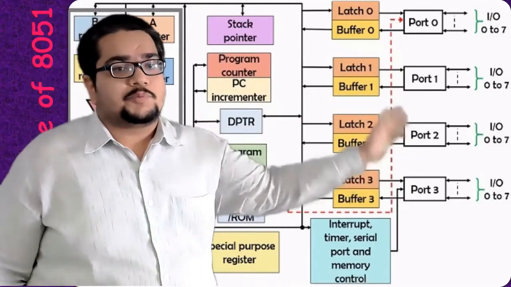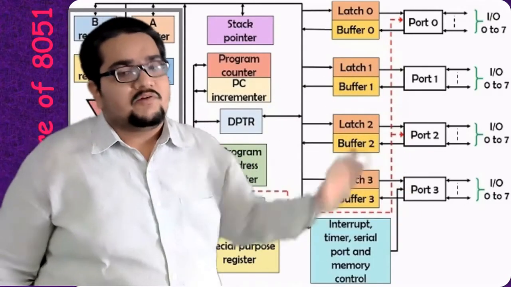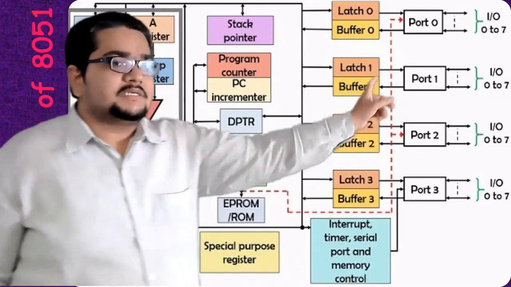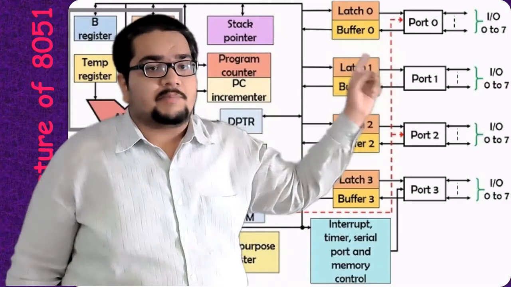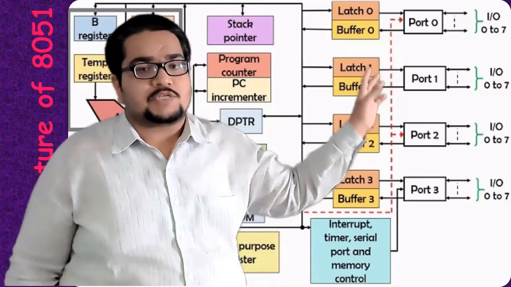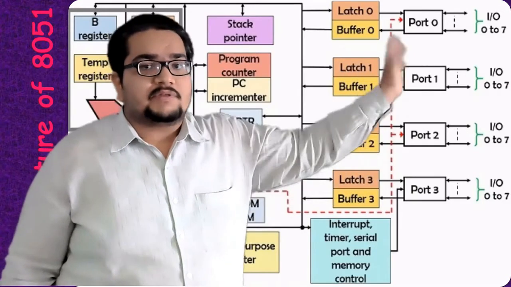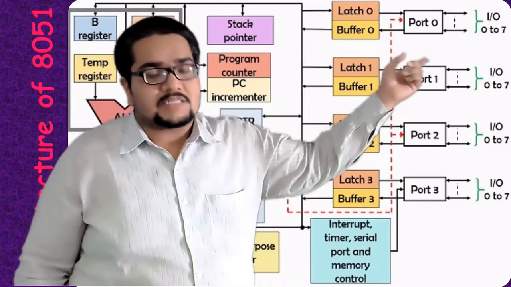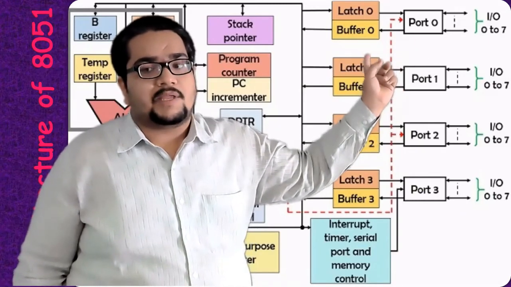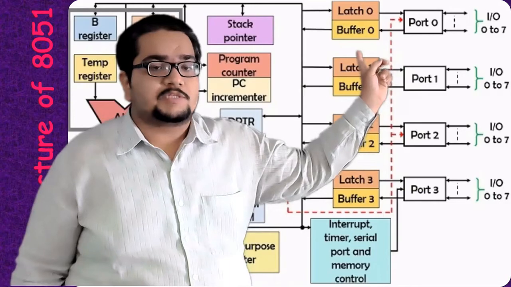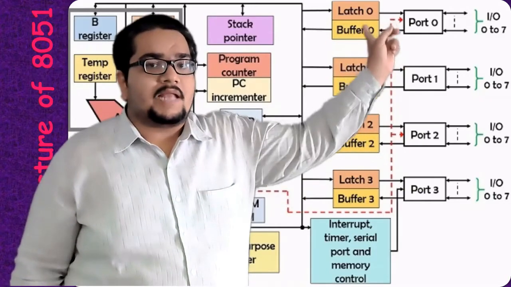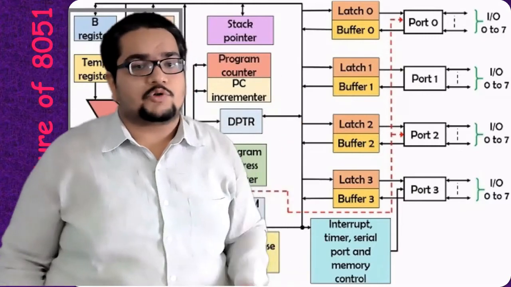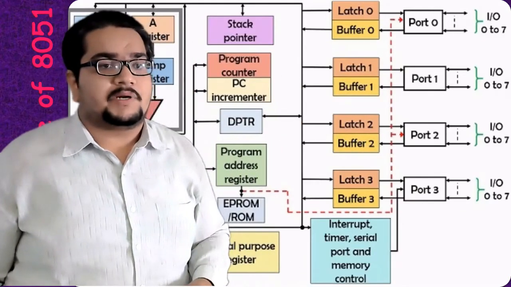And on this side, you can check it out, we have the 4 IO ports: port 0, port 1, port 2, port 3. For each of these ports, a corresponding latch and a buffer register will be there. A latch of 8-bit size and a buffer of 8-bit size will be attached to each of the ports, such that whenever the port operations are going on, the data coming in and going out will be taken care of in this buffer. The buffer acts as a moderator for the data communications here. Latches are available for storing the address of the port particularly.